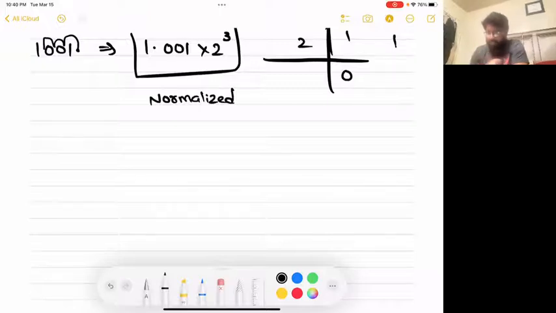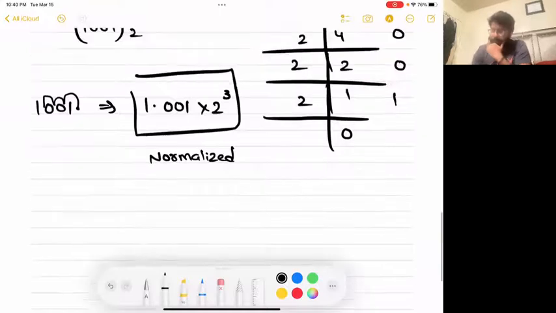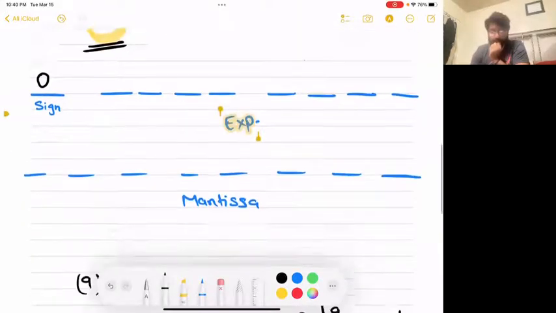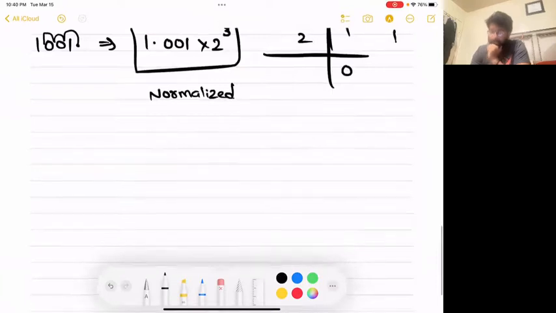This one is all right? It's understandable. All right. Now, we have to find the exponent bits, right? In order to do that, what we're gonna do,